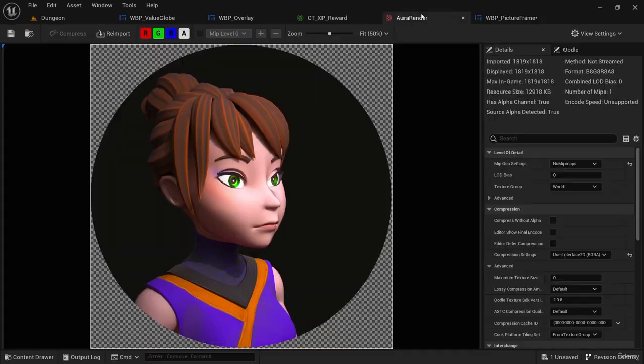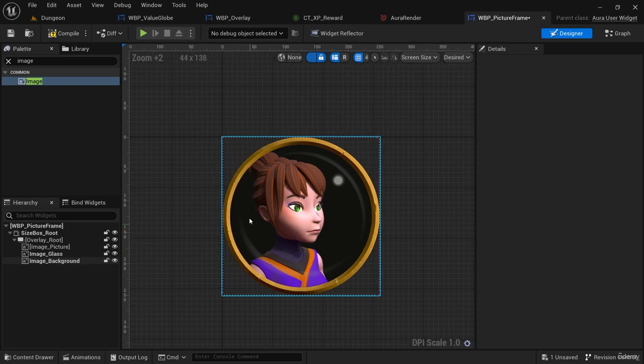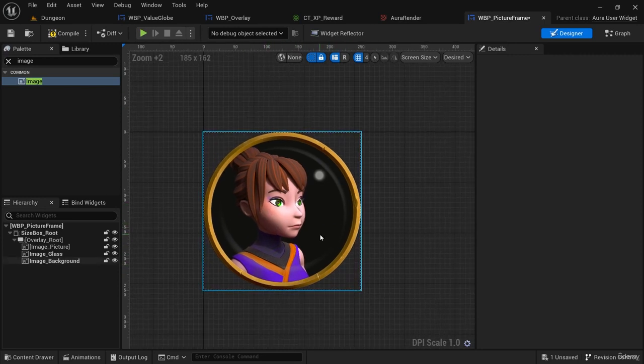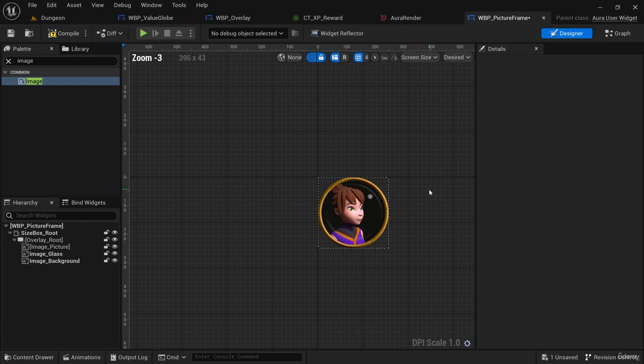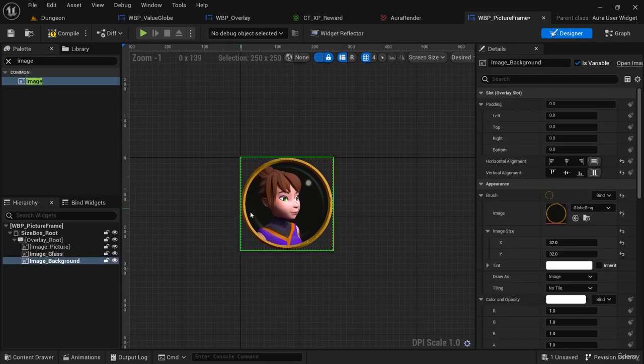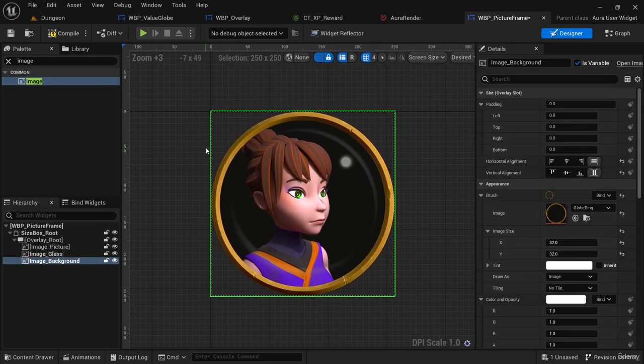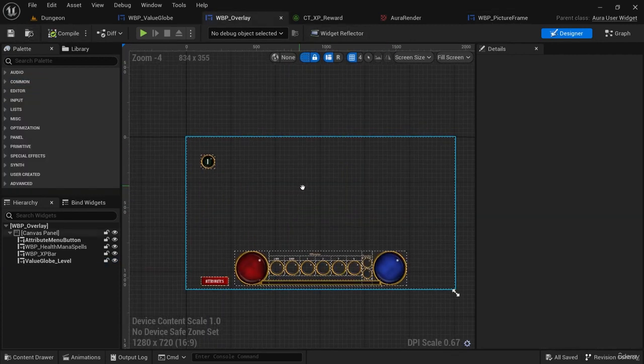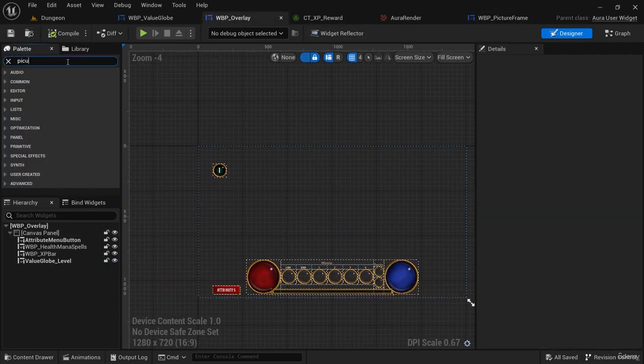It's too bad the background on this picture isn't transparent, because then we could use a flowing material for that too, and that would look kind of cool. But we have this nice picture. Now we can use this in our overlay. I'd like to just save this and go into our WBP overlay and find our picture,